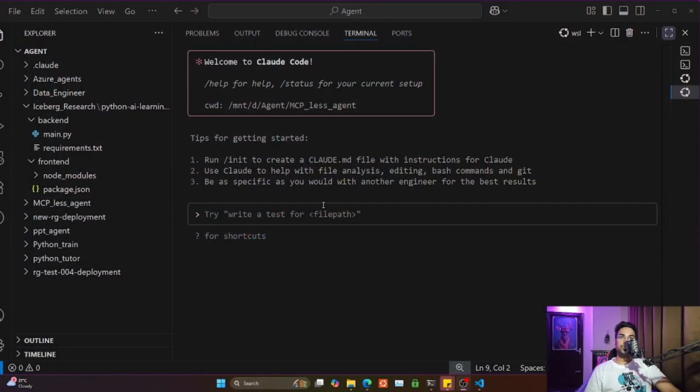Let's go into Visual Studio Code. So here we are in Claude Code open in the Visual Studio Code terminal. Let's try to run a prompt. Can you create an Azure resource group named RGTG01 using Terraform? So what we are doing here is asking it to create a resource group in Azure,